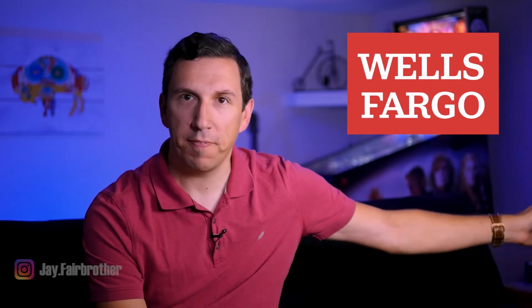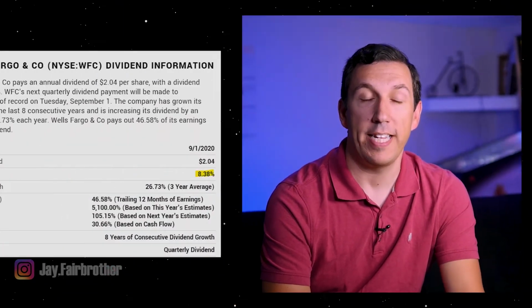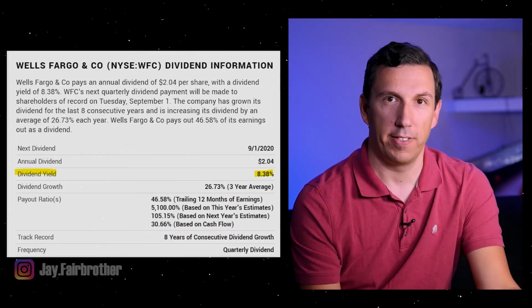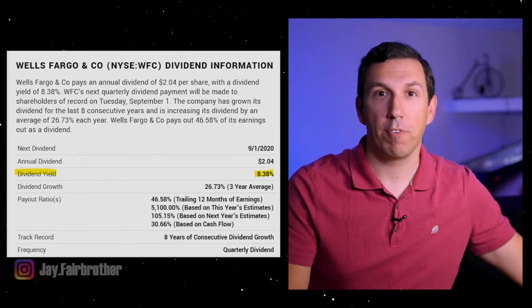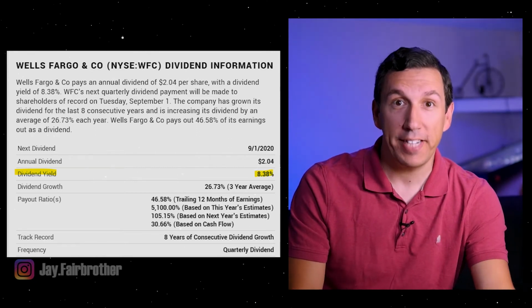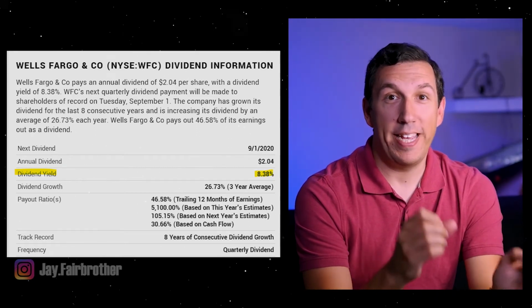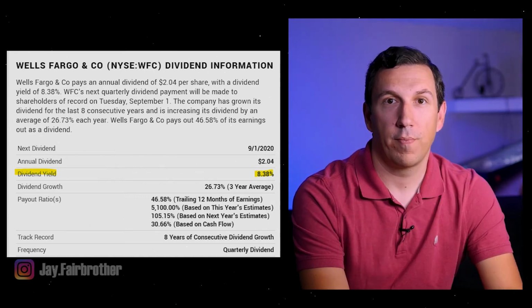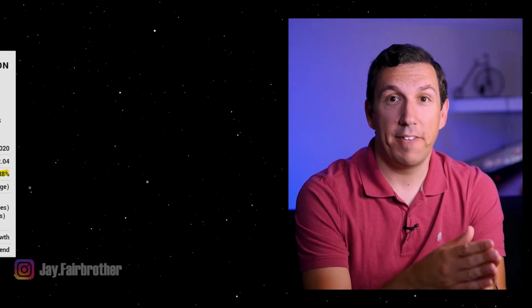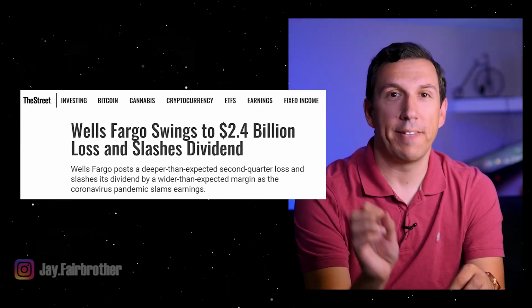Another recent example of this is with Wells Fargo. Now, Wells Fargo is a very popular bank. They've been around for hundreds of years. And if you were looking at investing in Wells Fargo stock recently, you may have seen an 8.5% dividend yield. Wow, I can invest in Wells Fargo, this 200-year-old bank, and get an 8.5% dividend? And just like we saw with BP, that high dividend yield for Wells Fargo was a sign of trouble to come.